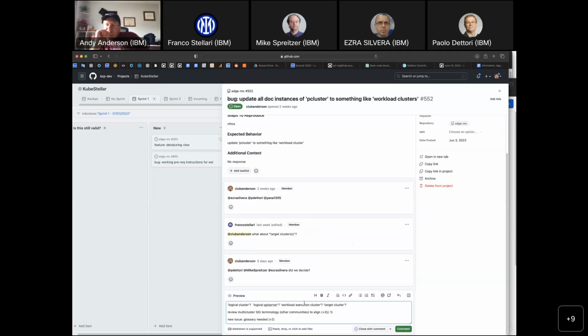Because if there is another multi-cluster solution that doesn't use any local kind of cluster, they won't have any issue to just call it clusters, right? So those two terminology things need to go hand in hand. This I agree with Mike. If we change it to workload clusters, we need to not use the word cluster or workload or anything on our local thing. So I don't have a good